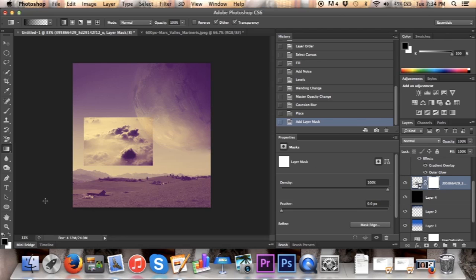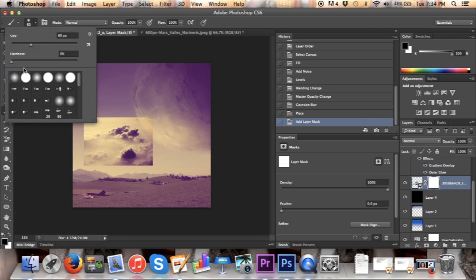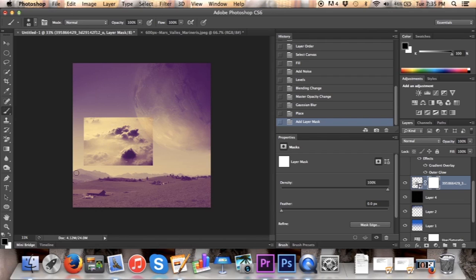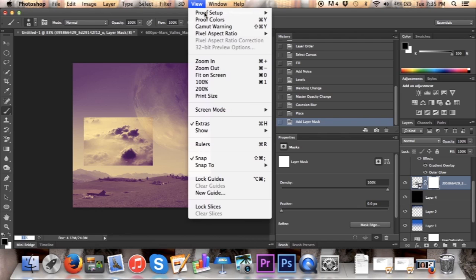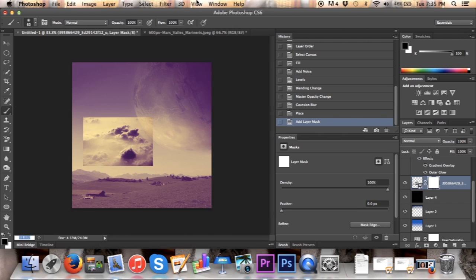We're going to change our foreground. We're going to make sure our foreground color is black, and we're going to select the brush tool. We're going to have the brush hardness at 0, and we want our opacity at 100% right here. Now we're just going to start slowly painting away the cloud area. I'm going to zoom in a little bit to show